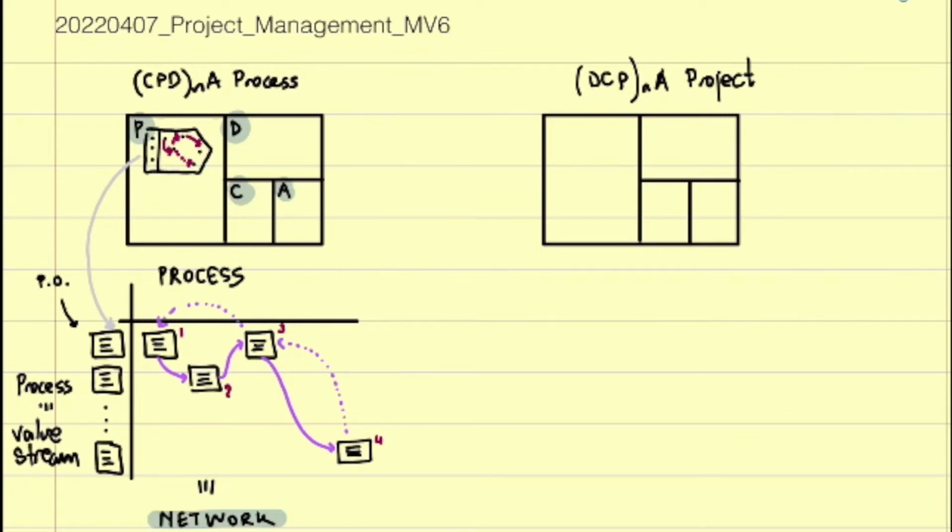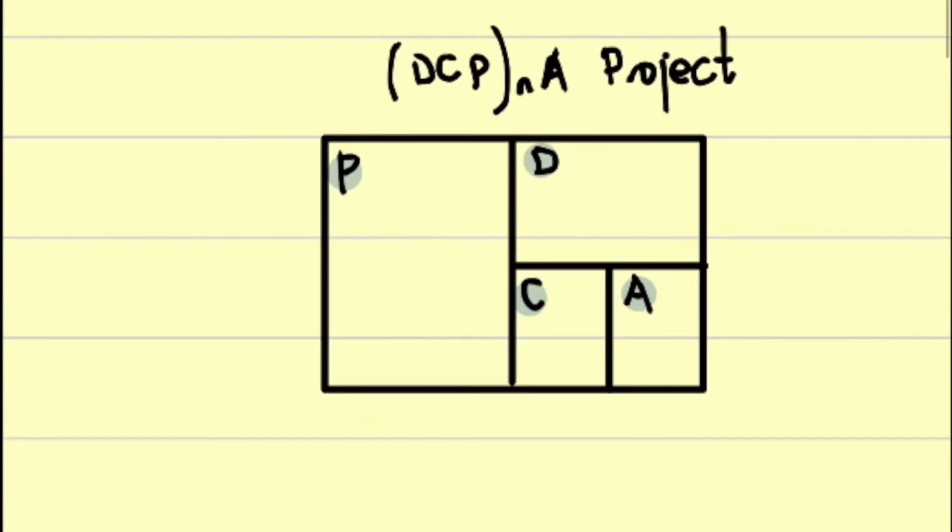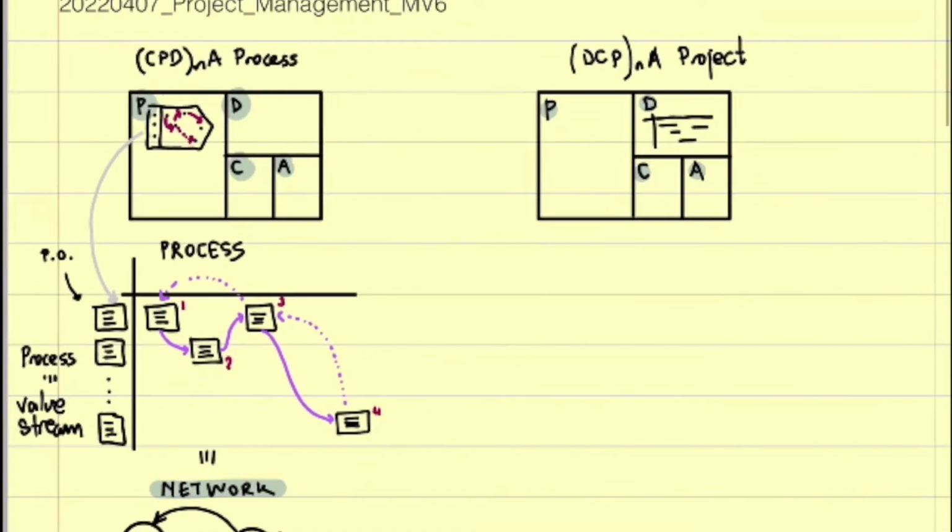So we start with the D, and then we continue with the C, then with the P, and then with the A. D, C, P, and A. And here what we had, we called it Gantt diagram or timeline. Here is a certain set of tasks that were dependent on each other. So if we put it in more detail here,